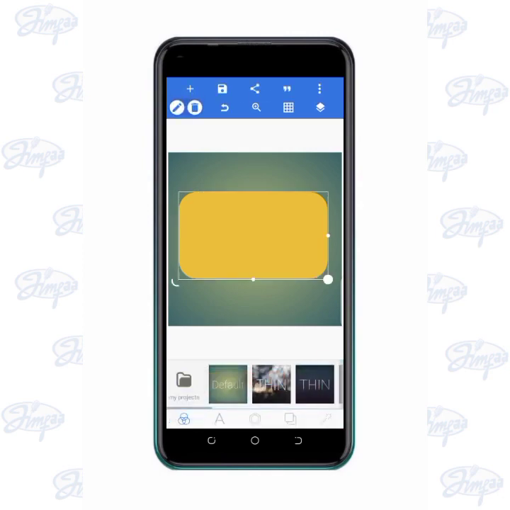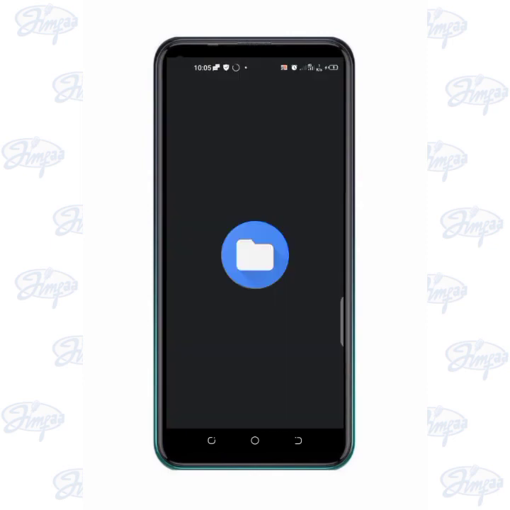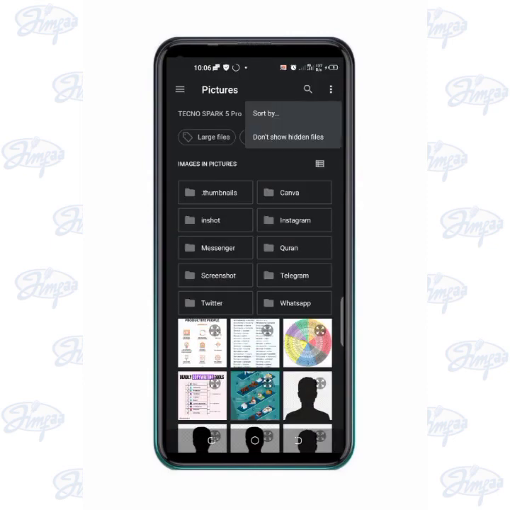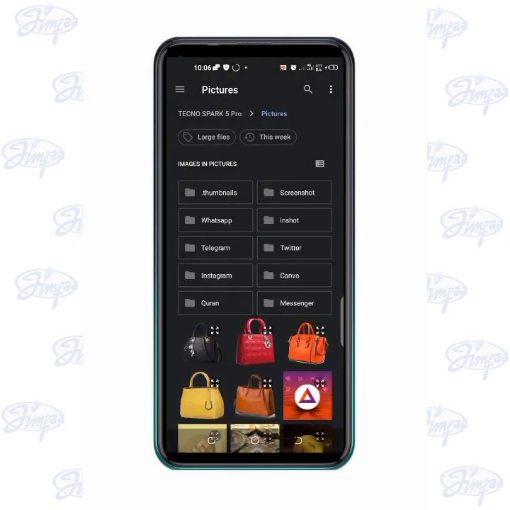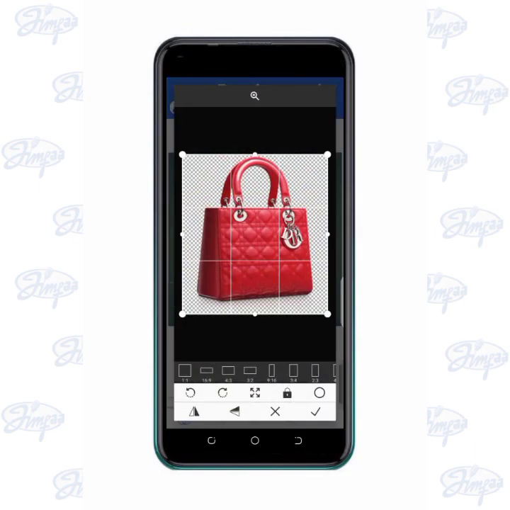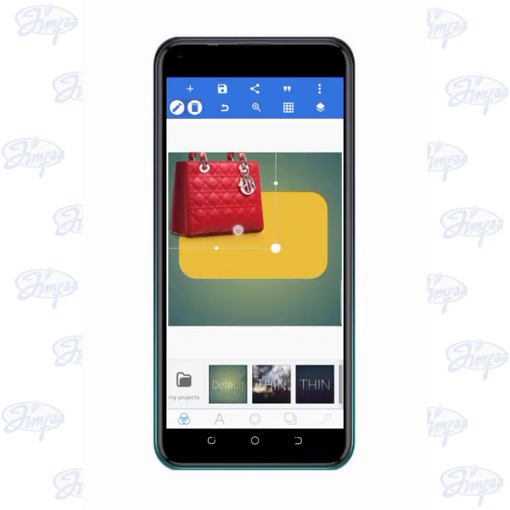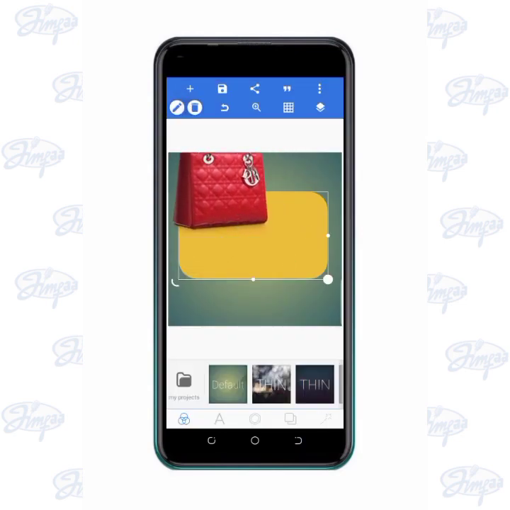Instead of selecting maybe a permanent color here, what you can do is, after selecting the shape, just press OK, press this plus button, you go to your gallery, locate the product. So let's say this is one of the products, you're going to bring it in, just press yes. What we are going to do is just leave the product like this. You now tap on this